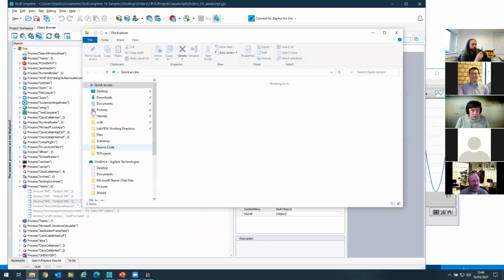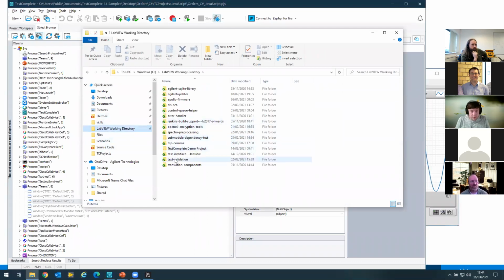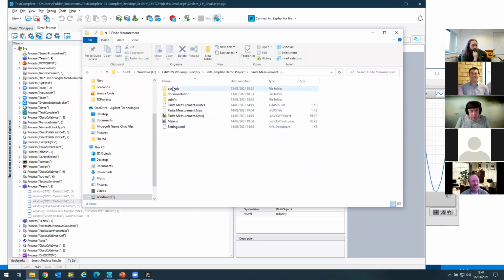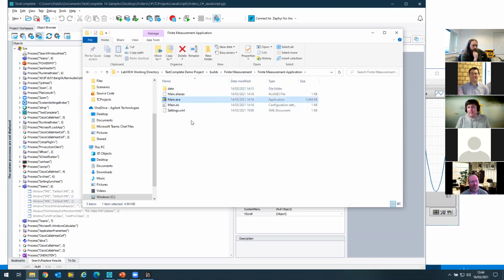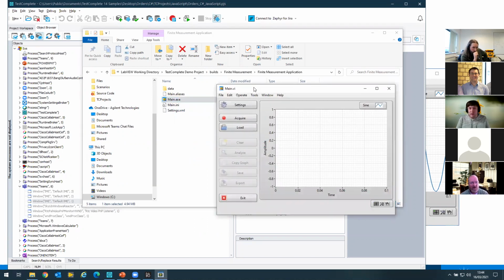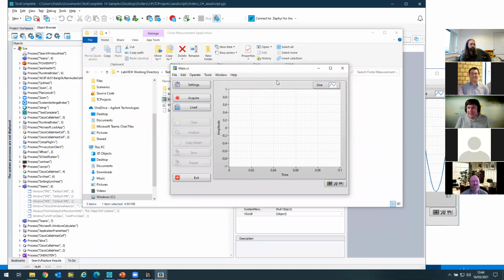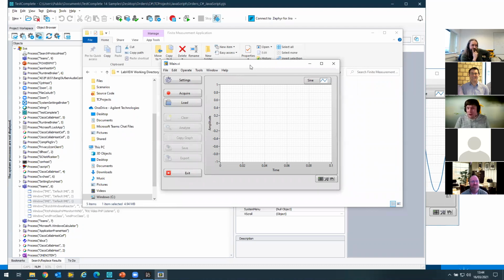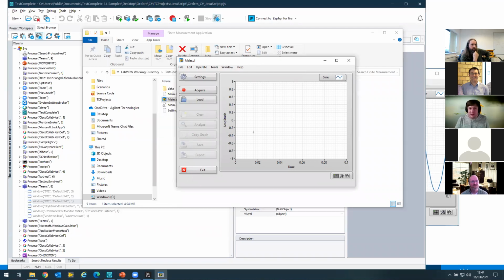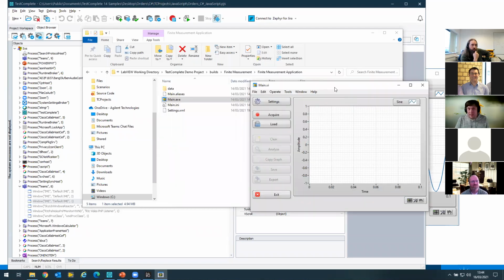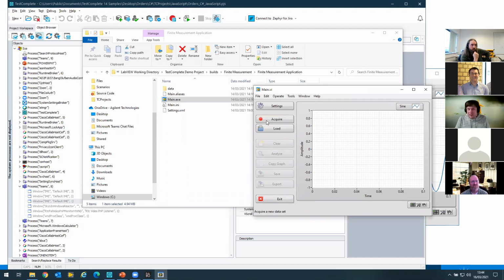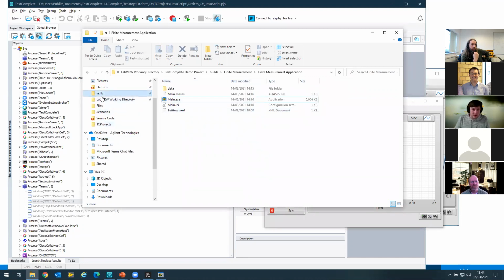So if I open up my application, builds. For this example, I've taken the built-in LabVIEW finite measurement application example. This is just one of the NI sample projects, and I thought it would be a good, simple application to show you how this works. If I open up my application, there's nothing particularly special about it. You can acquire data and all that kind of stuff. And then if I go back to